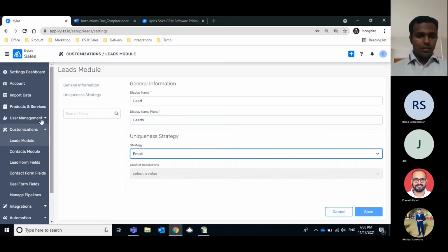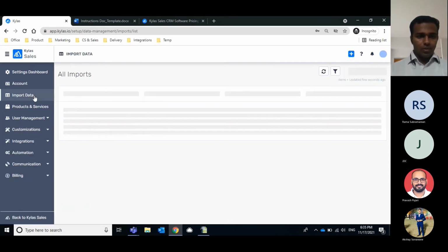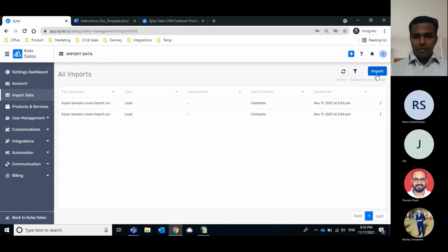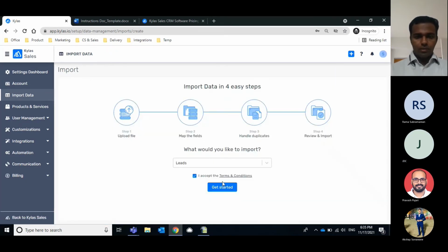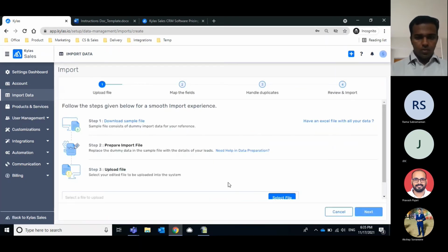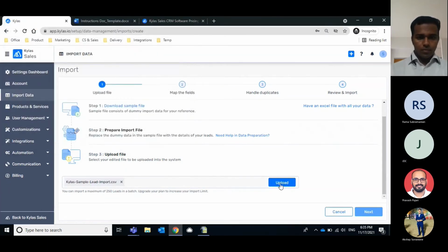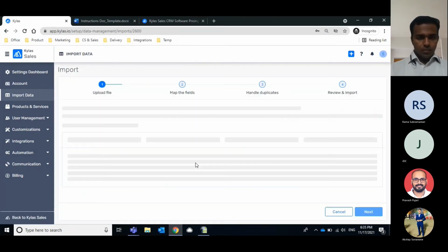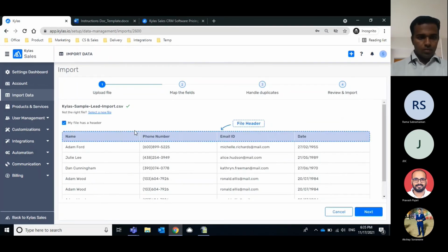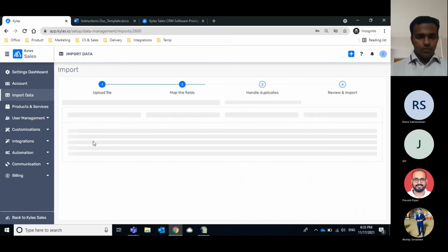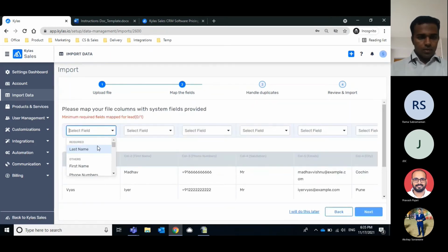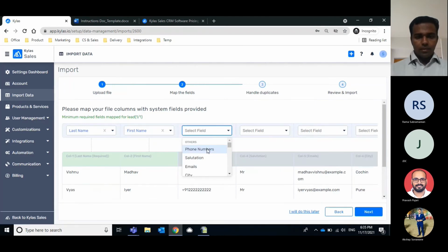So once it is set, while you import, you will have one more step. I will just walk you through that again. I will use the same file. So I am just mapping only the mandatory fields over here.